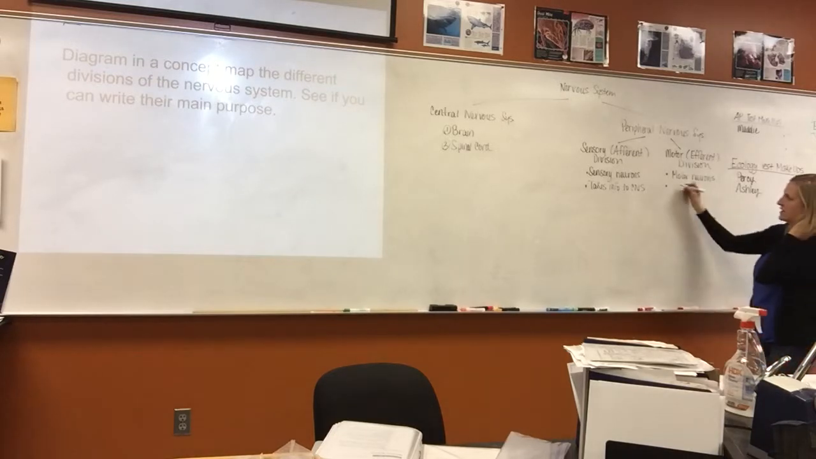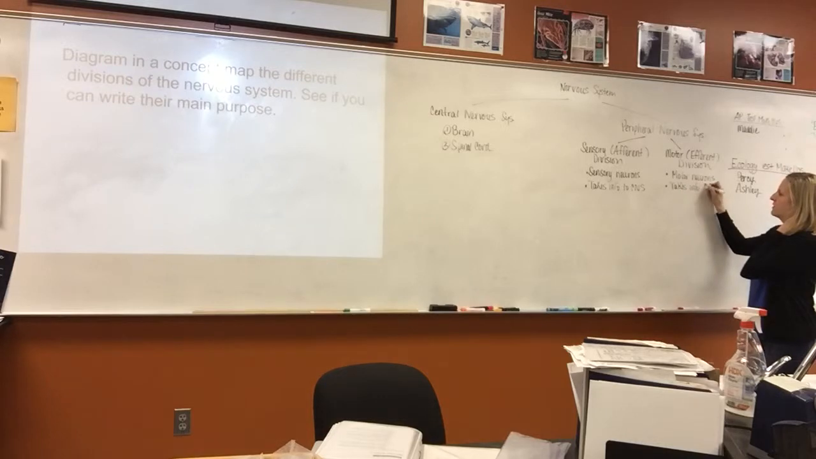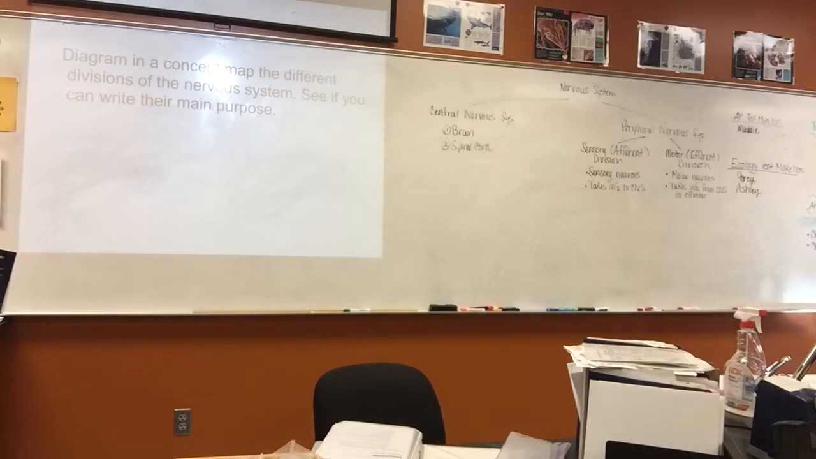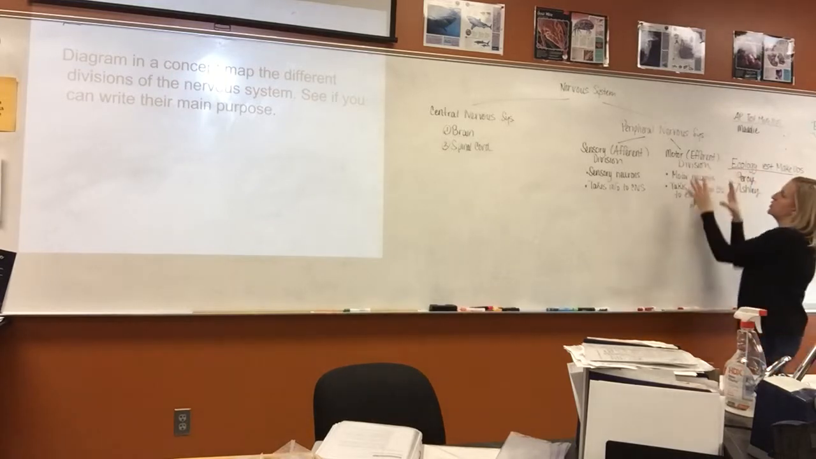And this takes information from your central nervous system to what we call, in the generic place, the effector. What that means is when that neuron takes the information from your central nervous system to that effector, it's going to cause a change to happen there. All right, so then your motor division